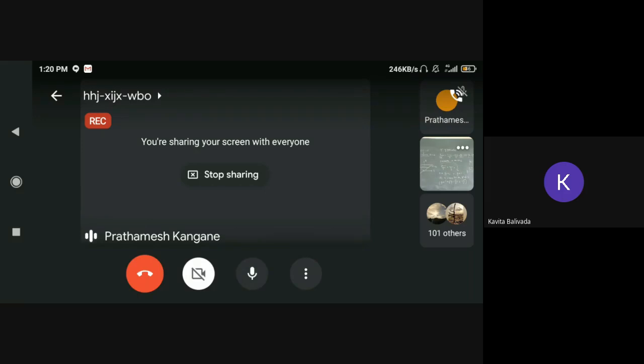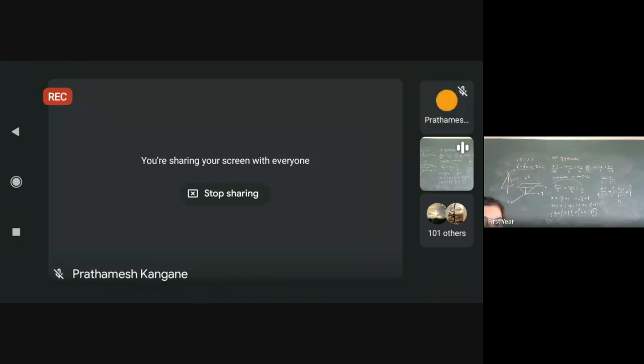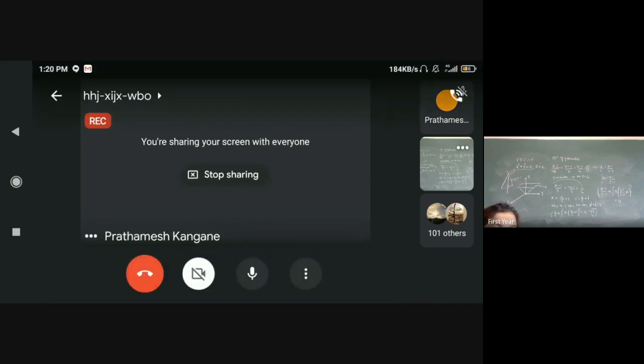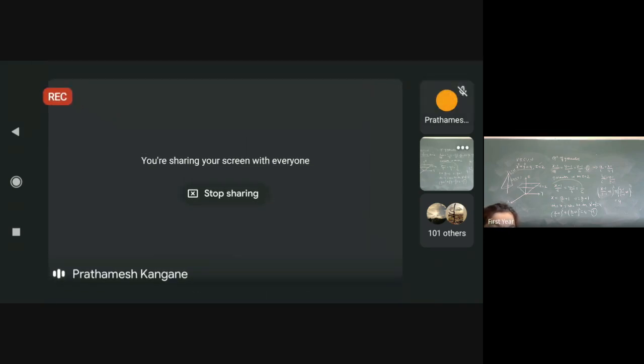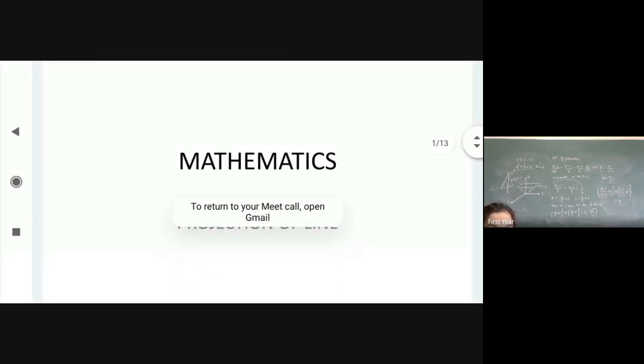Okay, ma'am. Is my screen visible? Just a second, Prathamesh. Yes, ma'am, you can pin the screen. Yeah, I pinned it. Okay, ma'am. But then you are sharing, it is written your screen, whatever you are sharing, that is not been seen as yet. Yes, ma'am. I haven't changed the tab yet. Okay. So here I am.